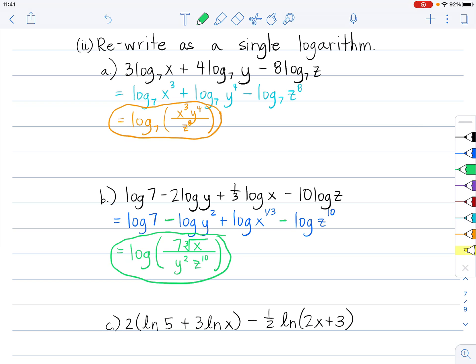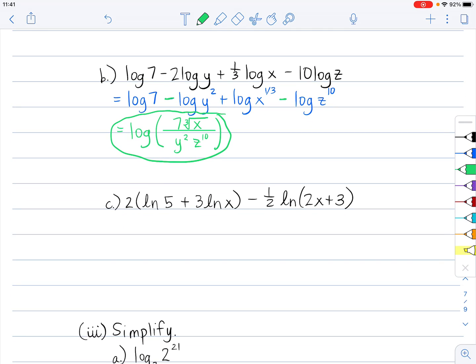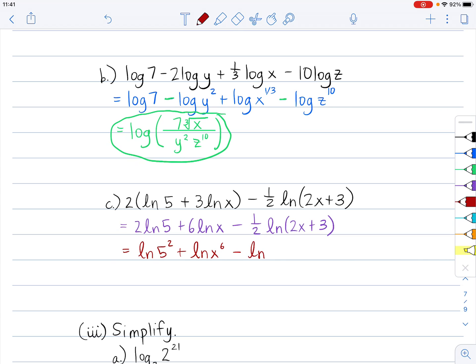Okay, example C is 2 ln 5 plus 3 ln x minus 1/2 ln of 2x plus 3. And first up here, I need to distribute this 2 for a 2 ln 5 plus 6 ln x minus 1/2 ln of 2x plus 3. Okay, now I'm ready to pull up my exponents for an ln of 5 squared plus ln of x to the 6th minus ln of 2x plus 3